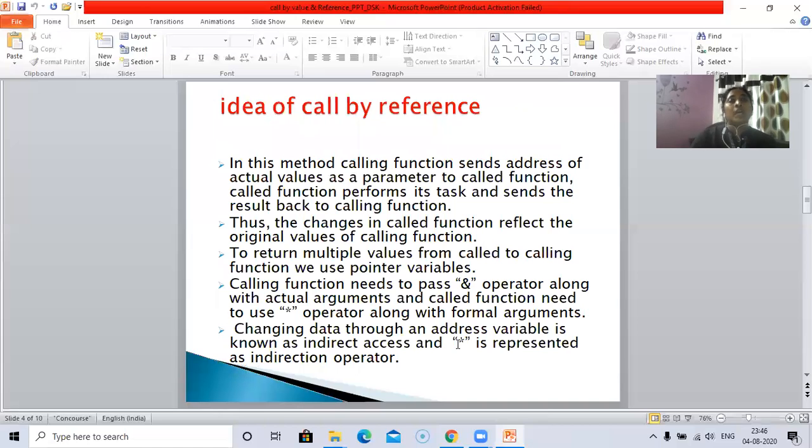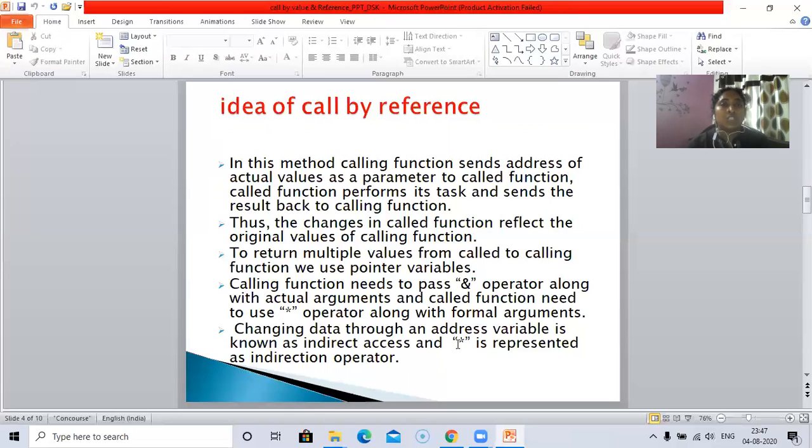Now, the idea of call by reference. In this method, the calling function sends the address of actual values as a parameter to the called function. The called function performs its task and sends the result back to the calling function. Thus, the changes in the called function reflect the original values of the calling function, which means we will just pass the address of the values to the called function.